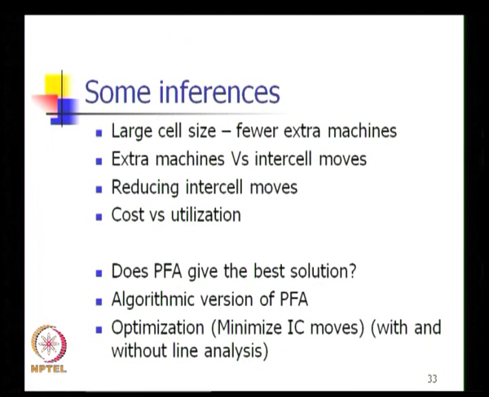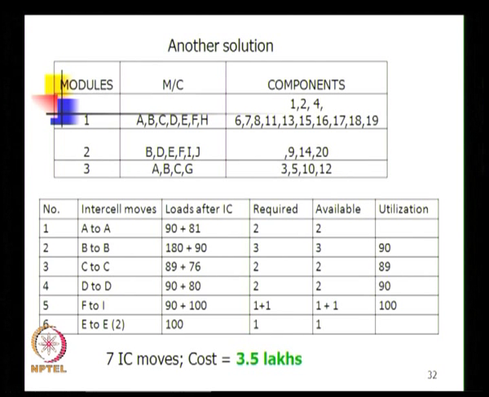So now what have we seen? Now we have seen 4 different solutions to the problem, 2 of them that do not allow intercell moves, but require 8 new machines versus 7 new machines. So if we place a condition that not having an intercell move is foremost in terms of importance, because cellular manufacturing is all about ownership and responsibility,